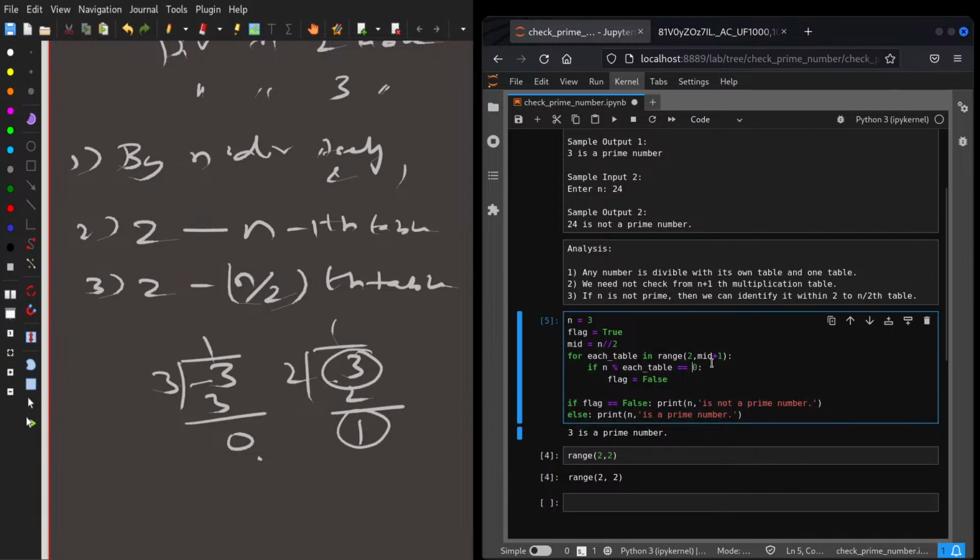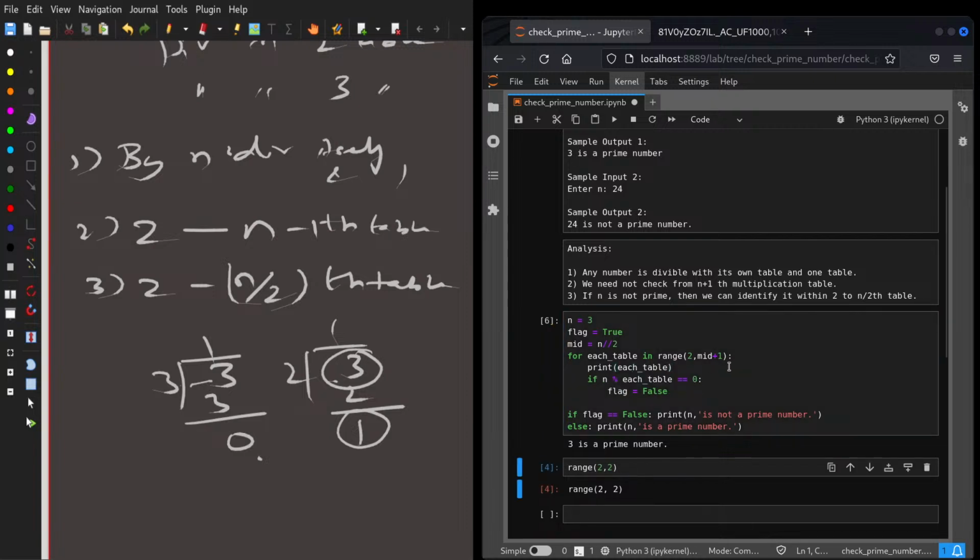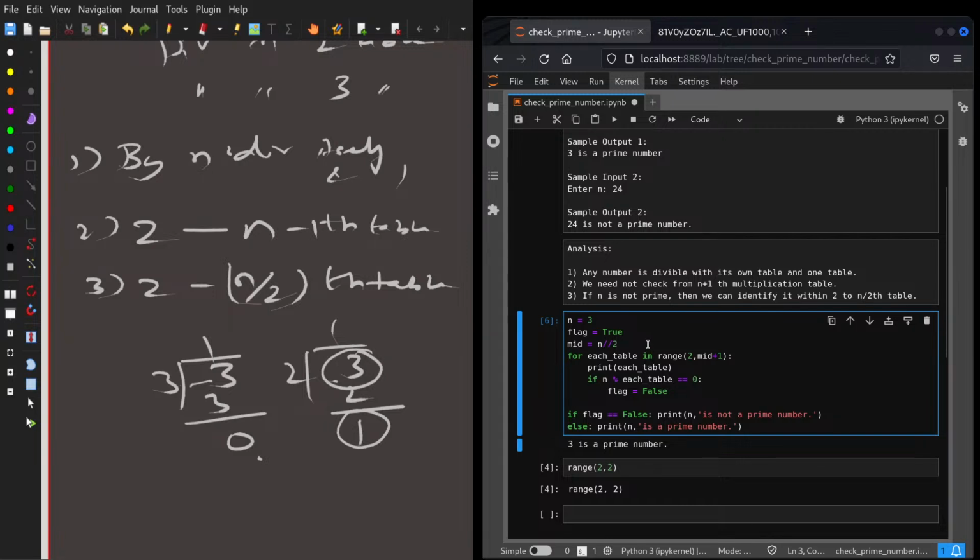Is this running for one time? Let's check. It's stable. It's not running. Okay, 2, comma. Oh, we are getting okay. 2 in this is okay. Okay, in mid we have